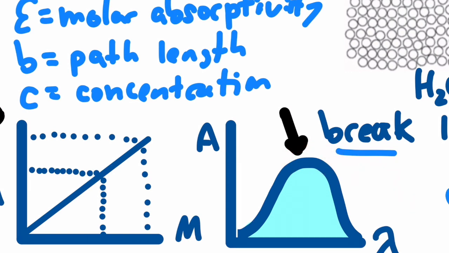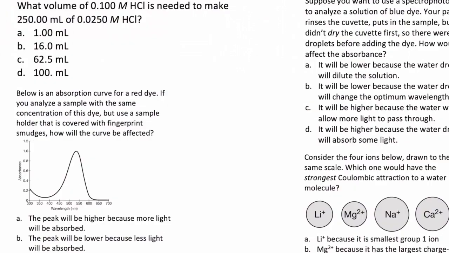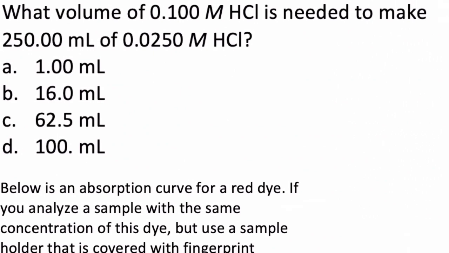And if you measure the absorbance of some substance at a different wavelength that's not at the maximum absorbance, you're going to get a lower absorbance. So that's just something to look out for. Okay, let's look at some practice questions related to these topics and see if we can apply what we just reviewed. First up, what volume of 0.1 molar HCl do we need to make 250 mL of a 0.025 molar